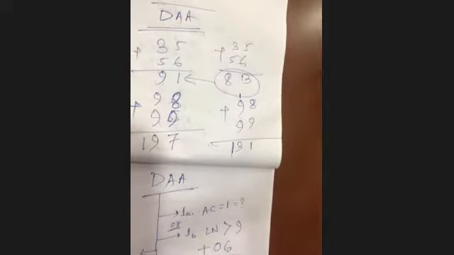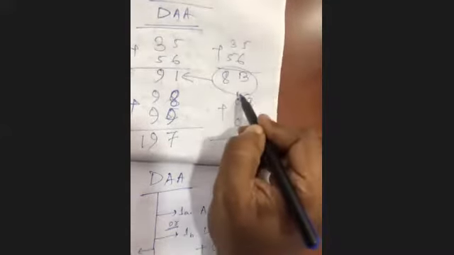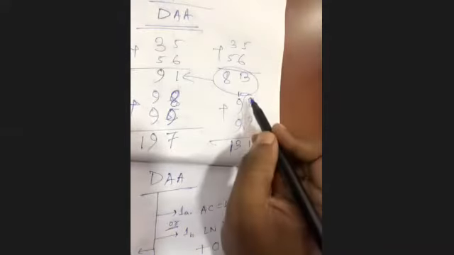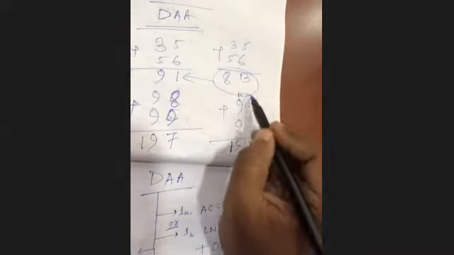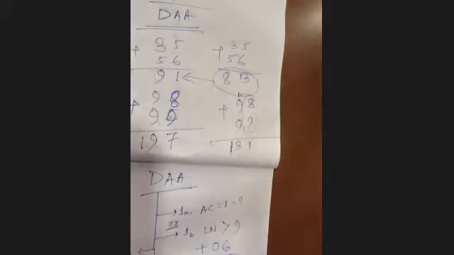Sir, when is the auxiliary carry flag set? If a carry is generated in the lower nibble, that will be passed into the higher nibble, then the auxiliary carry flag will be set. Means the auxiliary carry flag is set when adding these numbers produces a carry. If adding these two numbers gives a carry, then the auxiliary carry flag is set.